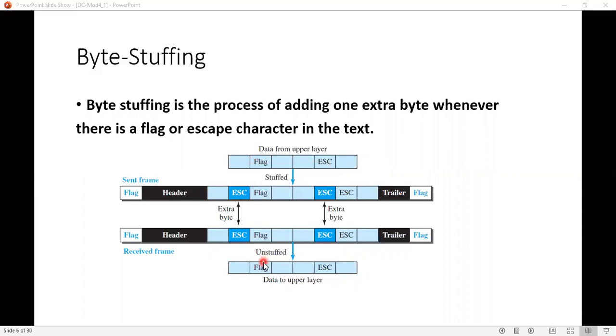Now this is the unstuffed data here. After removing these two extra bytes, you will get the unstuffed data information here, which includes the flag and escape as part of the data. And it will send this particular data or information to the upper layer.